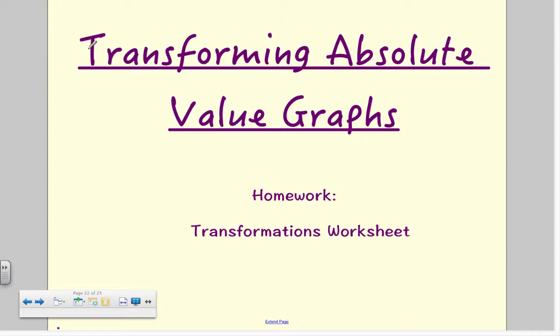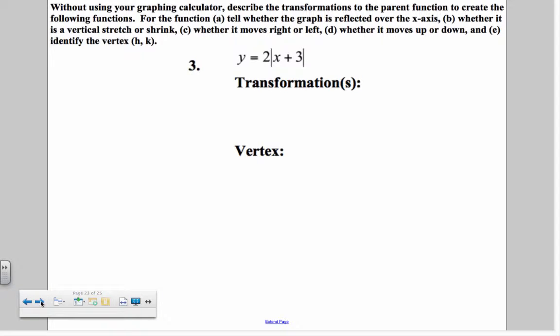For today's homework, we'll be doing the worksheet, the transformation worksheet. That's all about transforming absolute value graphs. I'm going to start with problem number 3. The directions for this problem say, without using your graphing calculator, describe the transformations to the parent function to create